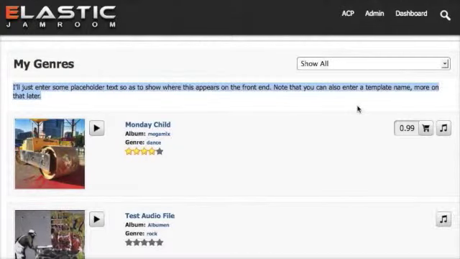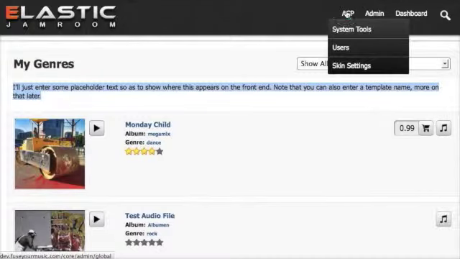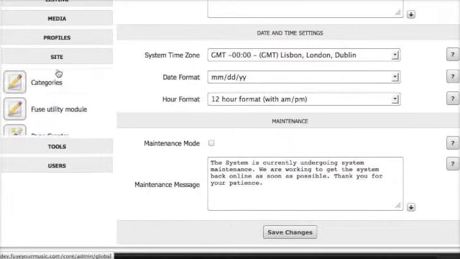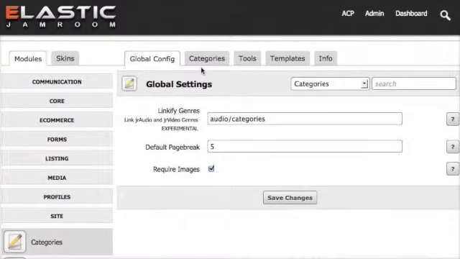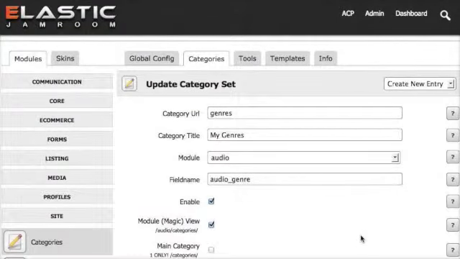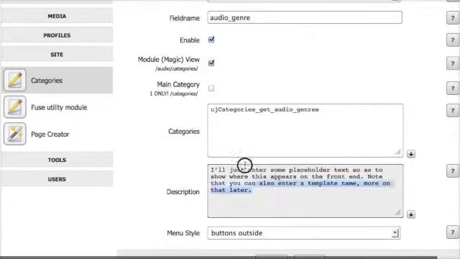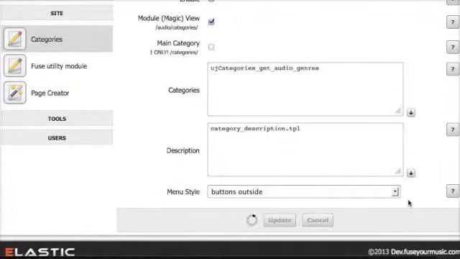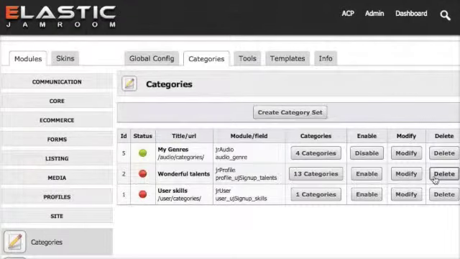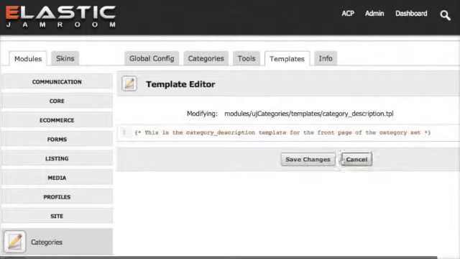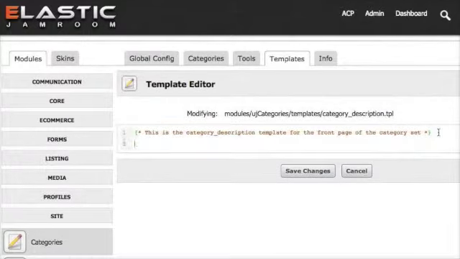Let's do something about our placeholder text, which will give us a chance to look at the way you can edit templates. This module is very good for editing templates. You can override the menu button templates individually, so you can have menus of your choice, and you can override the whole module if you need to by just creating a genres template and placing a simple smarty function in it. So this is the template editor. We'll just type something different into there